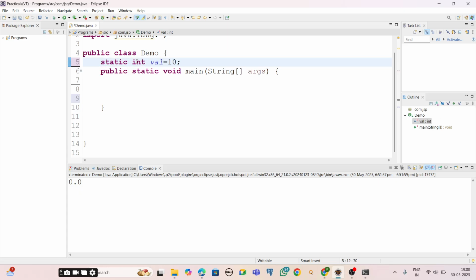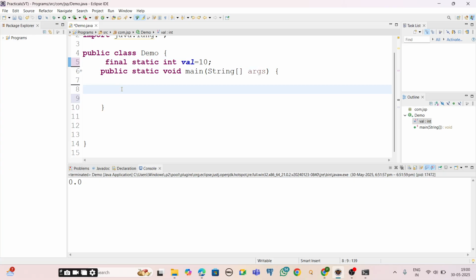So let me use static, so we can access it with the class name. And yes, I'm using final. So I can have a final member variable. Now this is called a final member variable.